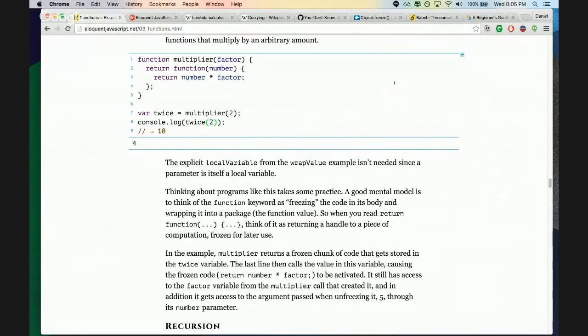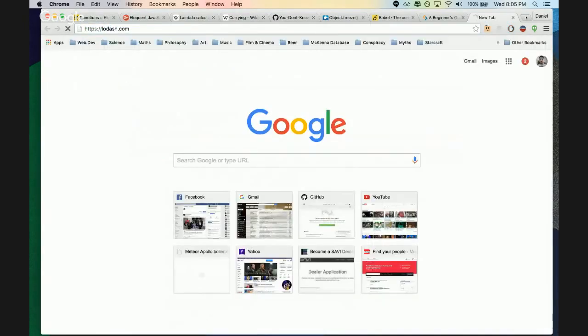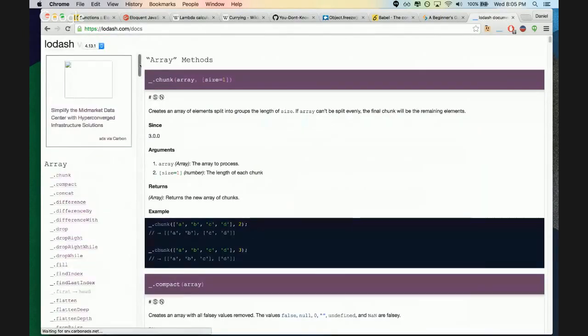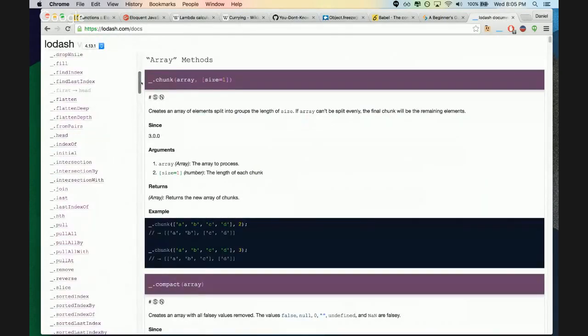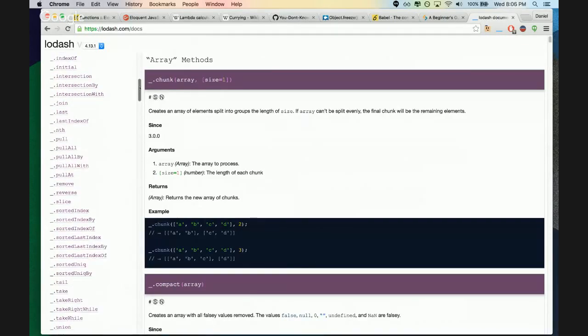Yeah, I think currying is a really, really powerful thing. It lets you write at a high level, just saying the things that you want to do to a set of data, even when you don't have all the parts of it. Yeah, absolutely. So you have libraries like Lodash that are designed in such a way that you can